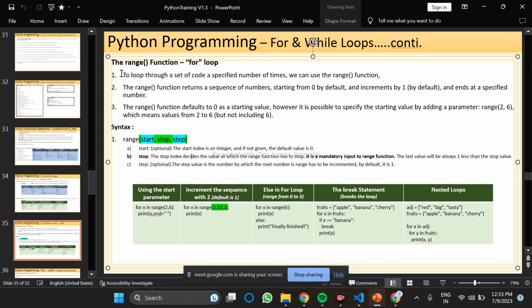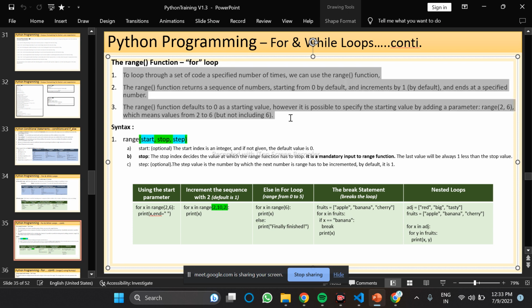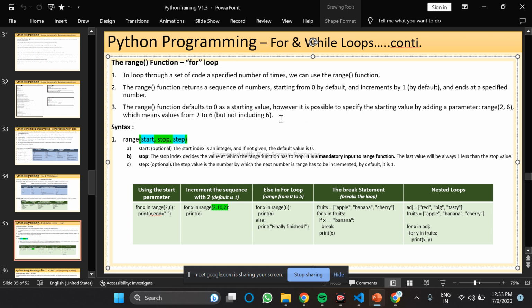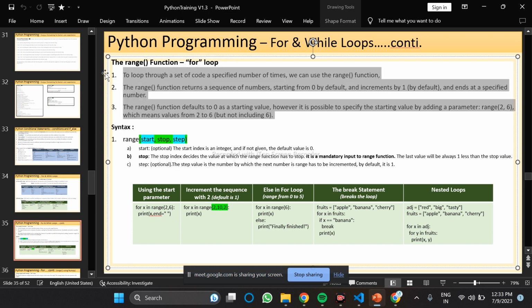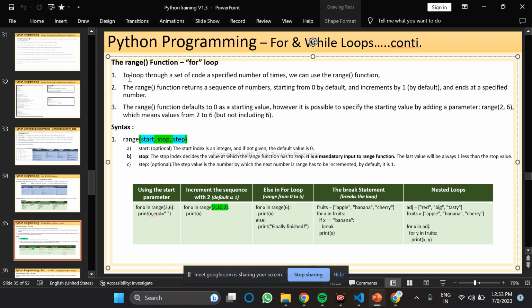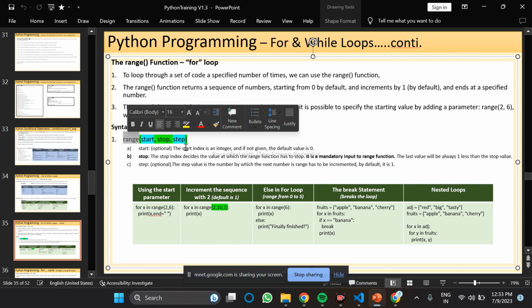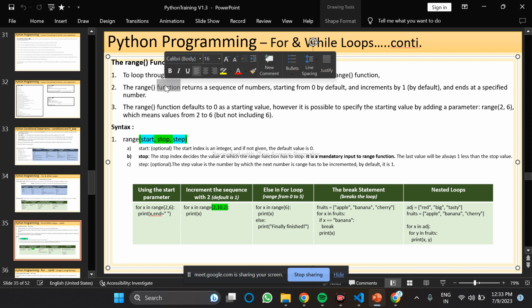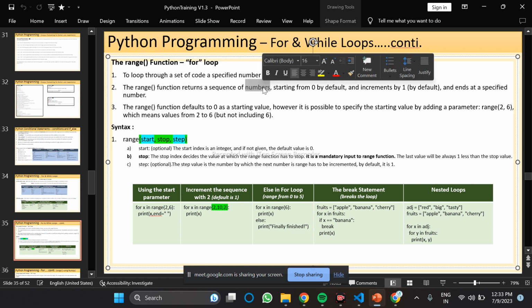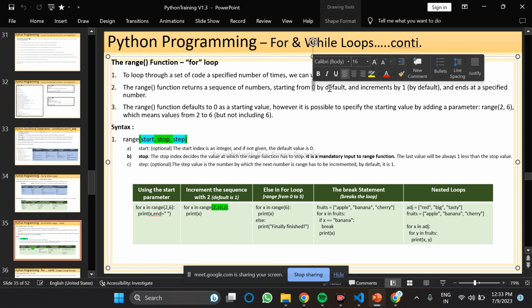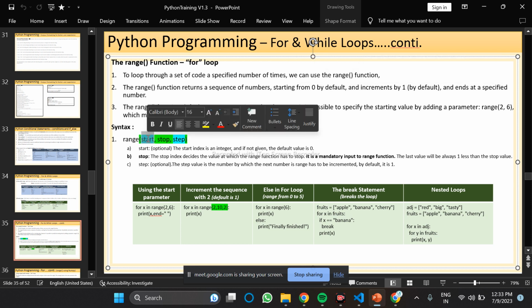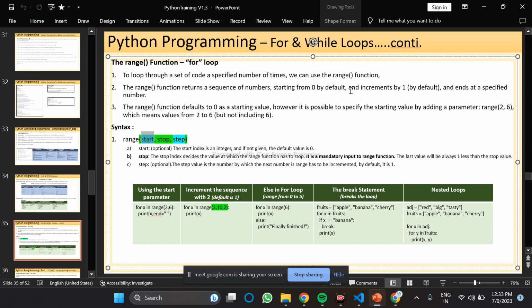Okay. Now let's read this as well. Now you would understand what I wrote over there. What do we have here? To loop through a set of code a specific number of times, we can use the range function. This is what we are using here. The range function returns a sequence of numbers starting from 0 by default. As I said, start we can take as 0,